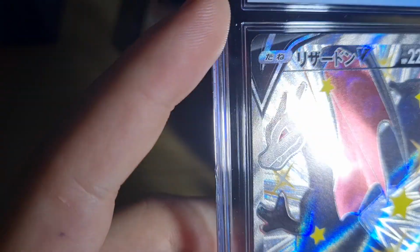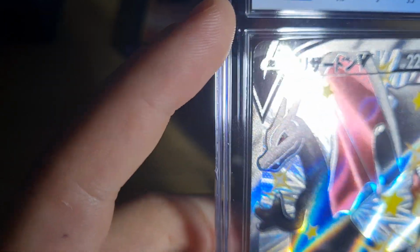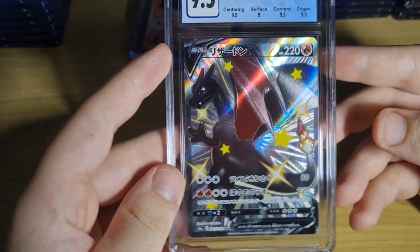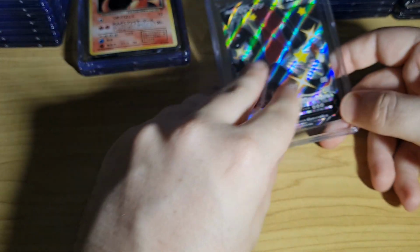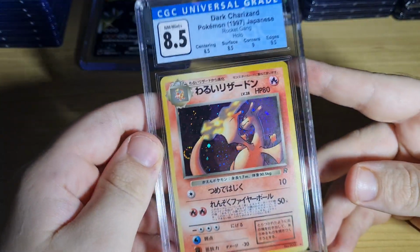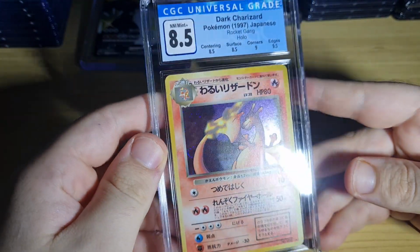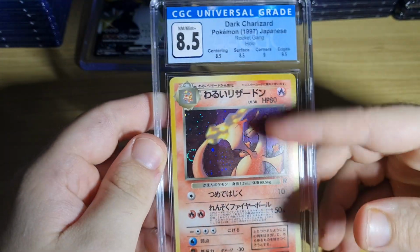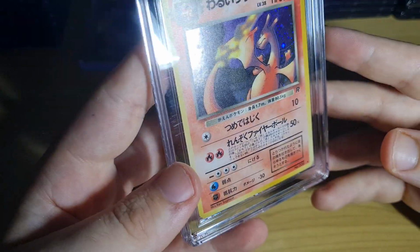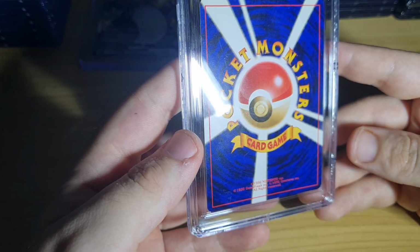And you can see here, a bunch of chipping on that corner there. So obviously that affects the edges and corner grade. A high graded 9.5 generally will cross to a PSA 10, in my opinion. Look at that swirl. What else we got here? 8.5 surface. So let's see if we can find some surface where...